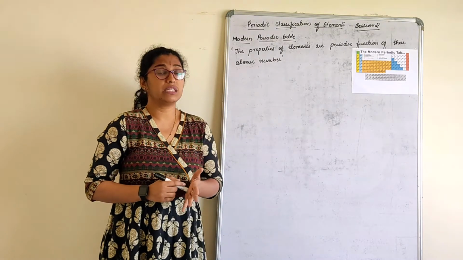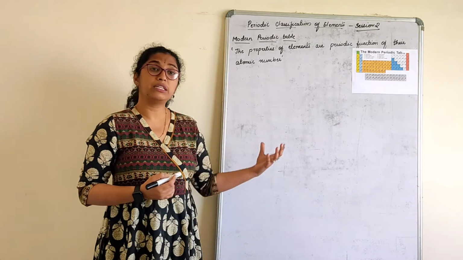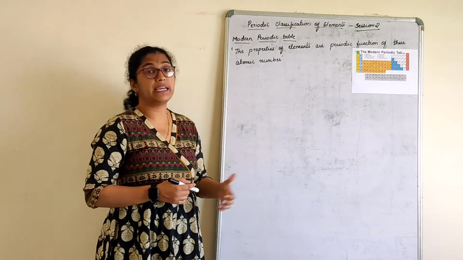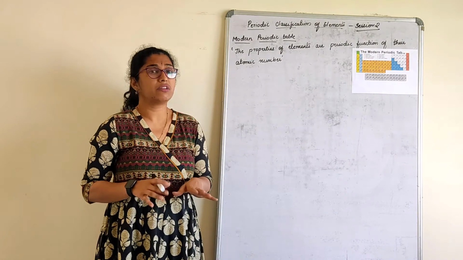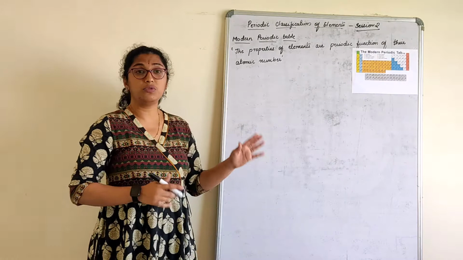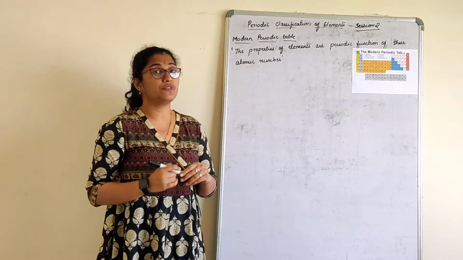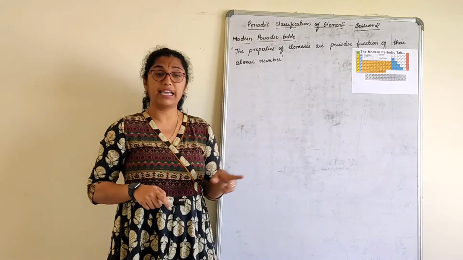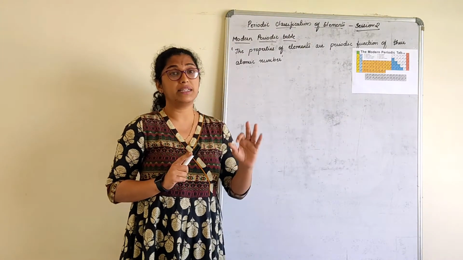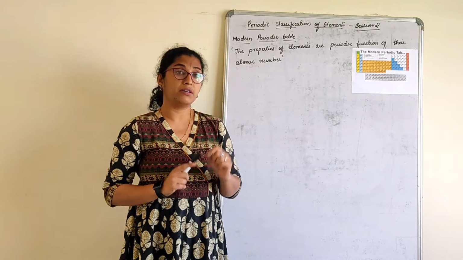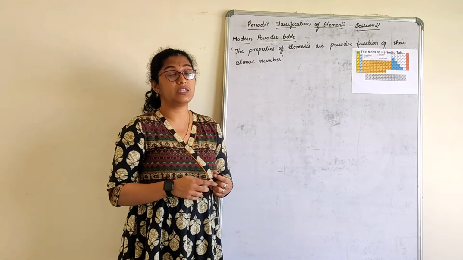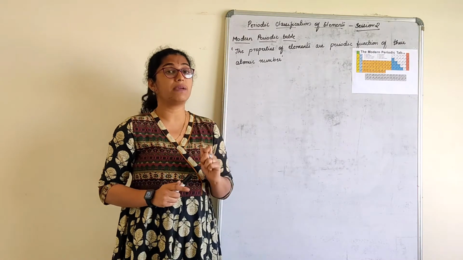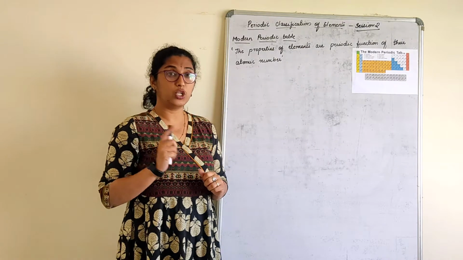In some books you see that the modern periodic table was given by Niels Bohr, or in some books by Henry Moseley. You need not break your head, they will not ask you about this, but you only need to know the modified structure of the modern periodic table. You need not learn this table by heart, children. You need to only know the elements from atomic number 1 to 20, as we discussed last year and in this year's chapter, metals and non-metals. The atomic numbers and symbols of elements 1 to 20 should be known to you.